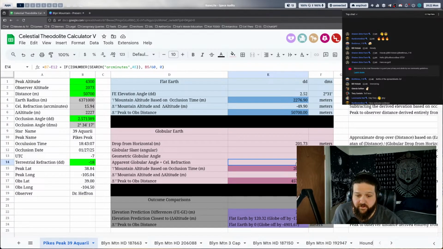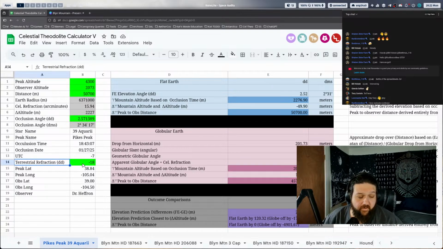Hold on, let's go over what bullshit's in it real quick. So what is bullshit? The decimal degrees. 18 decimal degrees? DD. Terrestrial refraction. Sorry, the terrestrial refraction thing was originally supposed to be an actual coefficient to put in so you could adjust the temperature and pressure for your setup, but I didn't have time for that. A much easier way was just to put in whatever value and then that'll adjust this over here. So this is just 18 and it's just making this number different over here. Okay, that's very enlightening.